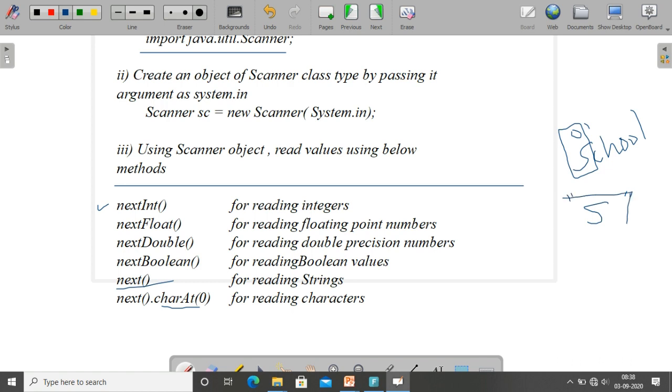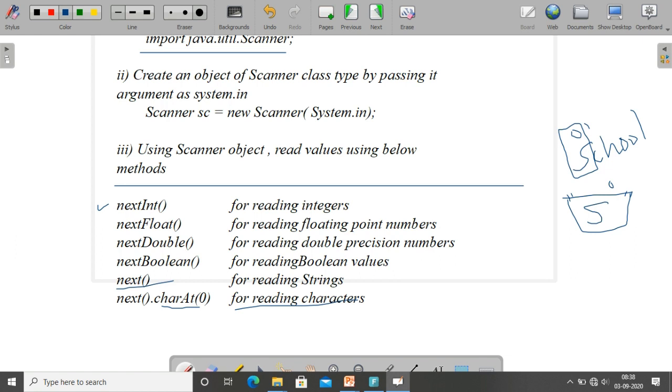By this way, if I want to read a character, first it will take it as a string using the next method, then it will consider the string's first character, which is the 0th position. That's why next().charAt(0). charAt is the method representing the particular character at position 0.